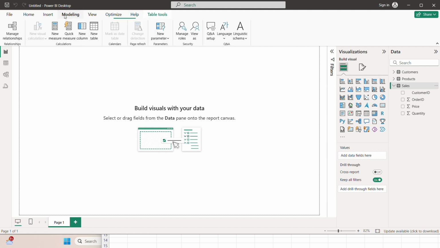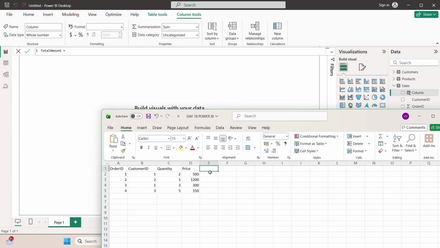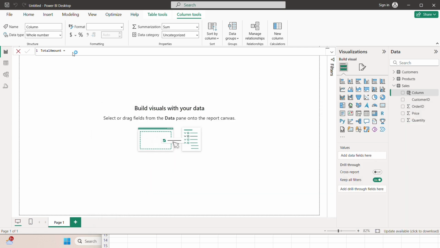So let's go to modeling. Let's go to New Column because we are first practicing calculated columns. In that, the new column will be added. Okay, so let's add the column name as total amount. Total amount is equal to, I already told you, in the sales table total amount is equal to the multiplication of quantity and price. So that is equal to,